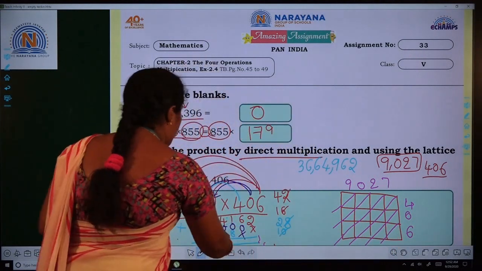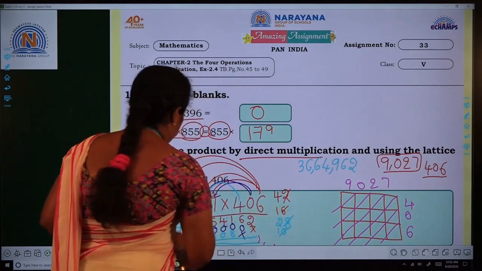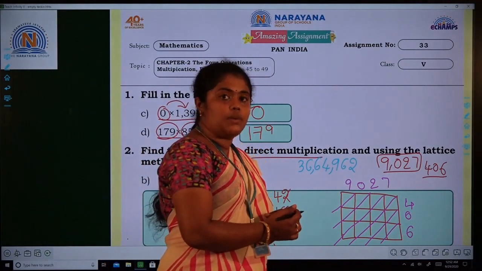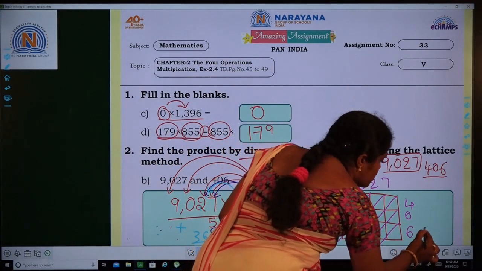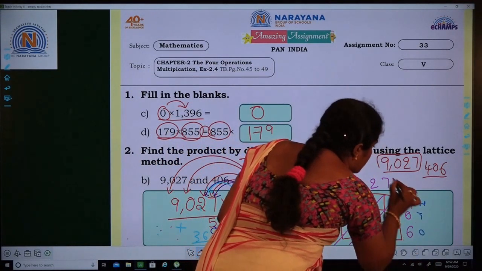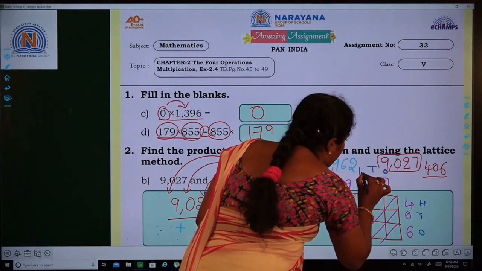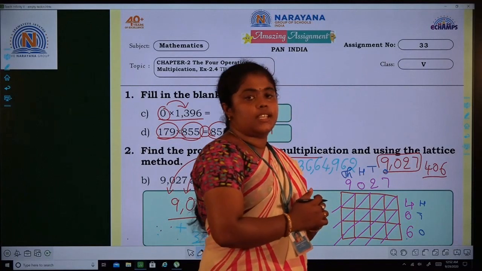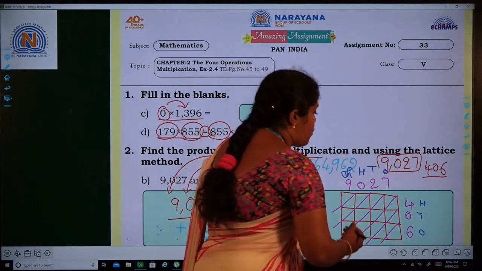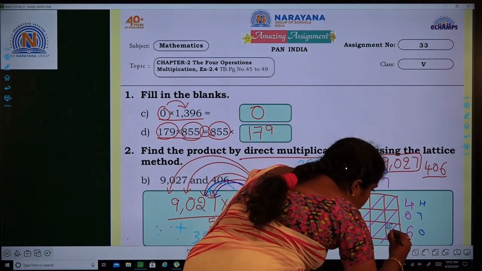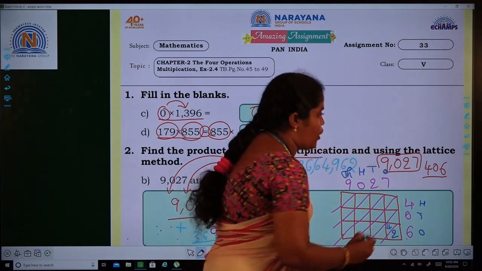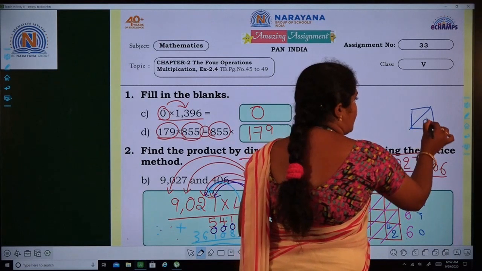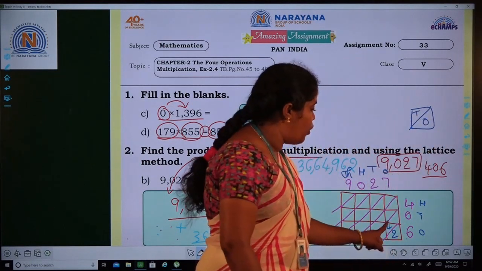Now what we have to do, I will say. Next, here we have to start with ones place onwards. Multiplication also starts with ones place onwards. I will write here ones, tens, hundreds. Here also ones, tens, hundreds and thousands. Yes, my dears. 6 sevens, 42. Write 4, 2. Here in the lattice, it is a diagonal line, it is a ones place, it is a tens place. That's why I write 42 like this.